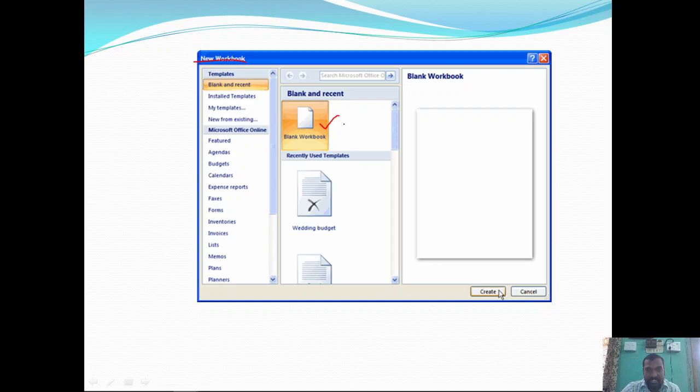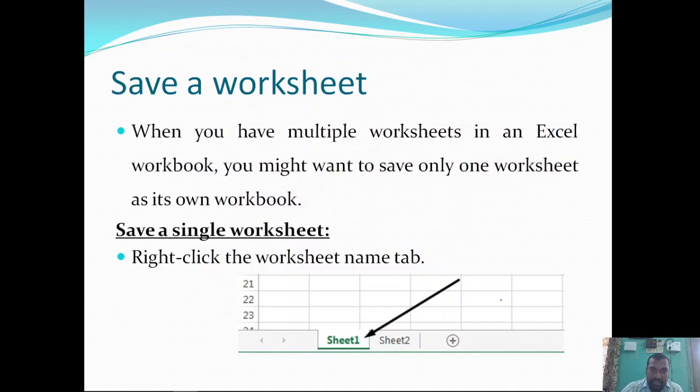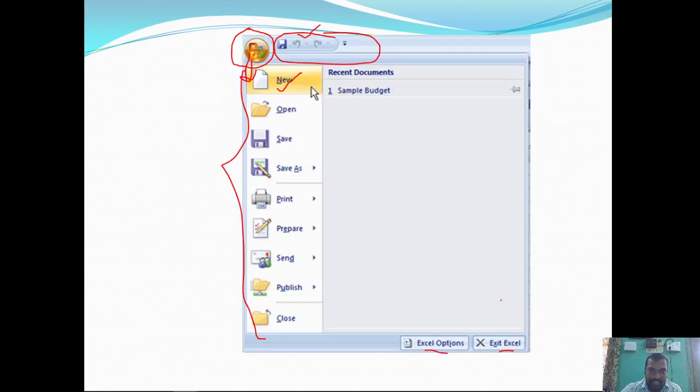If you are creating a new blank workbook for the first time, click on this Create button with the help of the mouse left button. Then a new blank workbook will be created. So this is the way we can create the workbook.